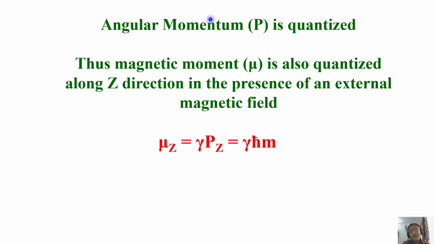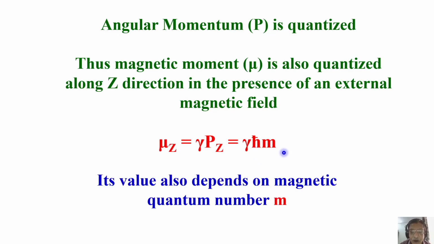So we can write the Pz component we knew. We worked out the Z component of the angular momentum: Pz is equal to h cross into m. Now if I have to get the mu Z component, it is simply equal to gamma into Pz, because mu is equal to gamma into P. So the Z component is similarly mu Z equal to gamma into Pz. All we have to do is substitute for Pz, which is h cross into m, that we have been working out. We calculated Pz, magnitude, everything, remember, earlier. So it is nothing but mu Z equal to gamma into h cross into m.